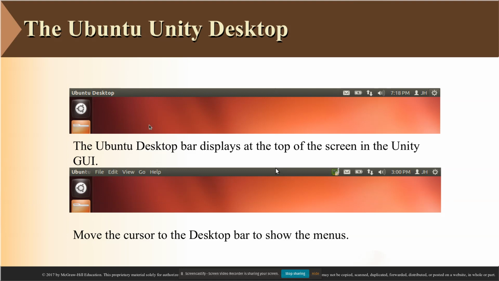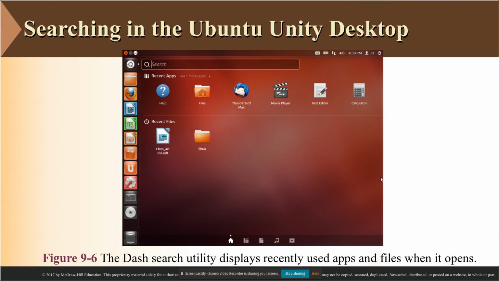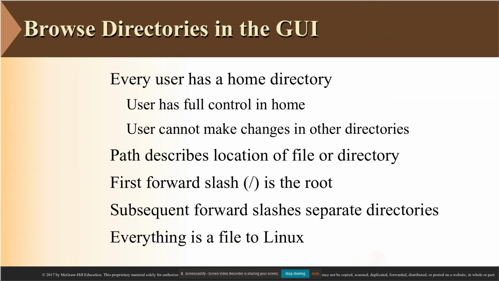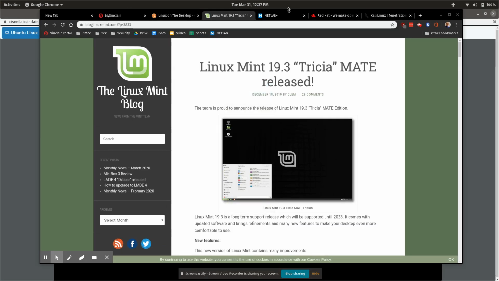But normally, a lot of GUIs actually will have this top bar. At least Unity has this top bar for your menu, very similar to what we saw on Mac. There's a launcher. I'll show you my launcher here. And there's a search. This is actually going to be the great thing: you use your search utilities to search your system. So before we go into the directories, let's look at what we have here. So first off,